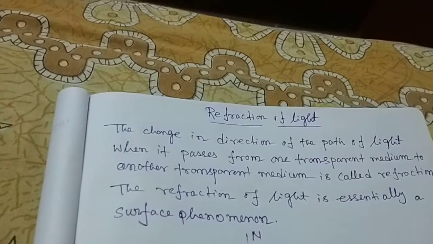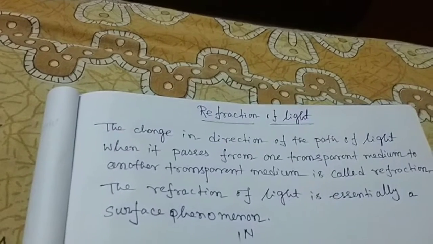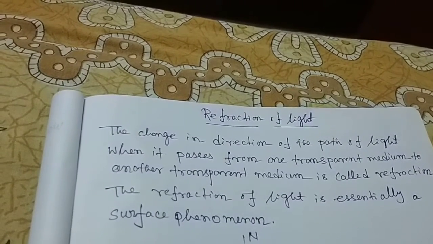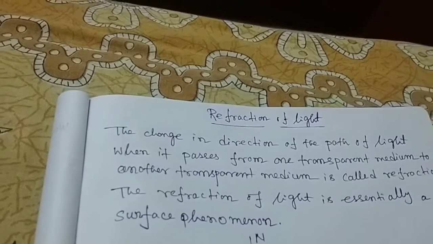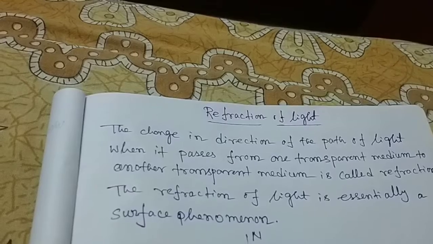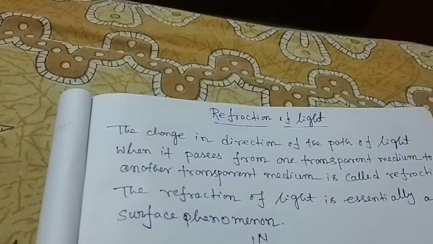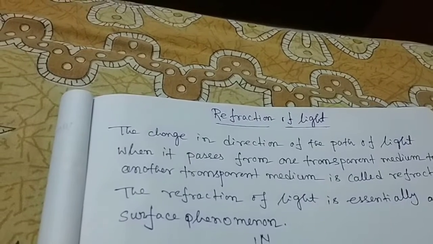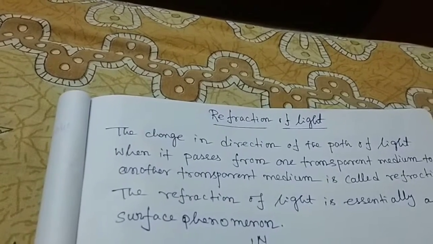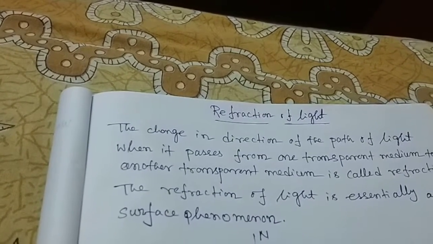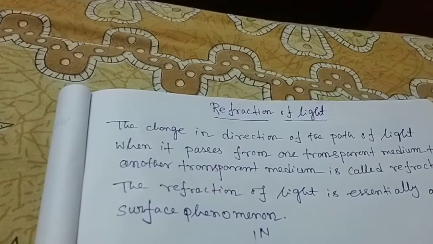Here we shall study the refraction of light through the plane and spherical surfaces of transparent media. Light has the maximum speed in vacuum and it travels with different speeds in different media. It travels faster in air than in water or in glass. The speed of light is 3 into 10 to the power 8 meter per second in air,